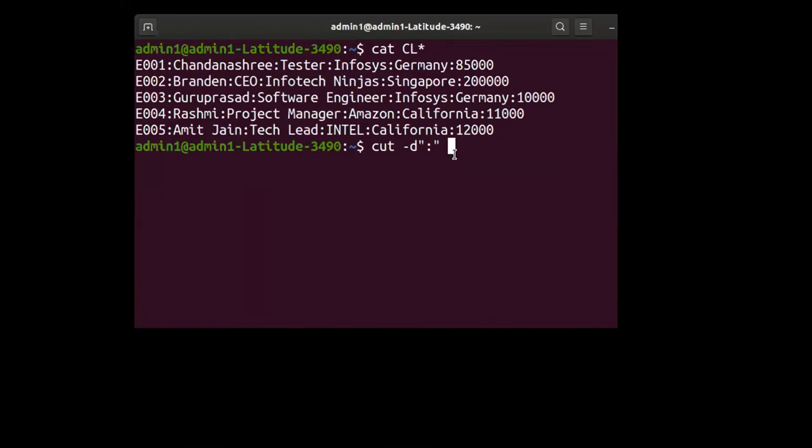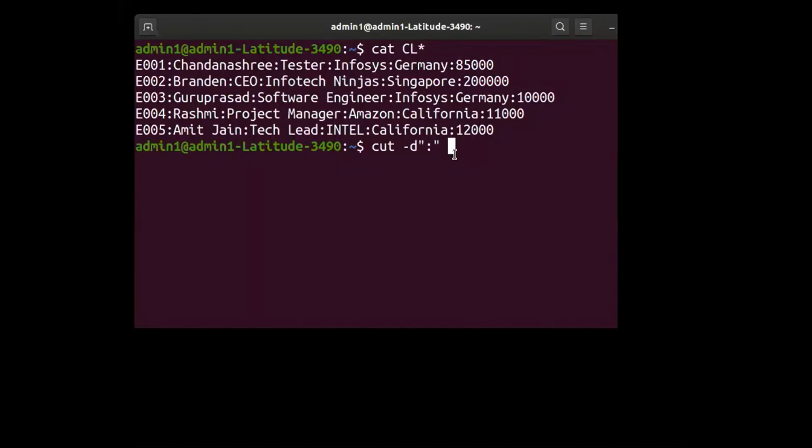But then how are you going to communicate to the Unix operating system? You cannot stand in front of Ubuntu or Fedora or Linux and say, hey, display names of all the employees. The beauty of this is it will simply keep quiet, because Unix has got a lot of patience. It will not display the names of all the employees. So you have to tell Unix in the way it understands.